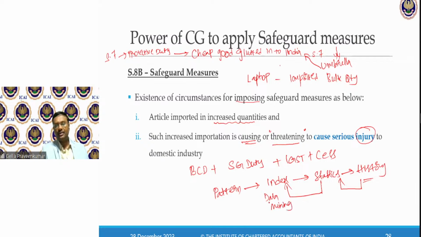And please keep in mind, students, I had given a reference to civil services. Also, if you can have some value add on data science, if you add to your career something called data science, that also will add an additional advantage to get into a better industry. And that indicates that there is an increased pattern of imports to India. Then the central government may exercise power under 8B to levy something called safeguard duty.